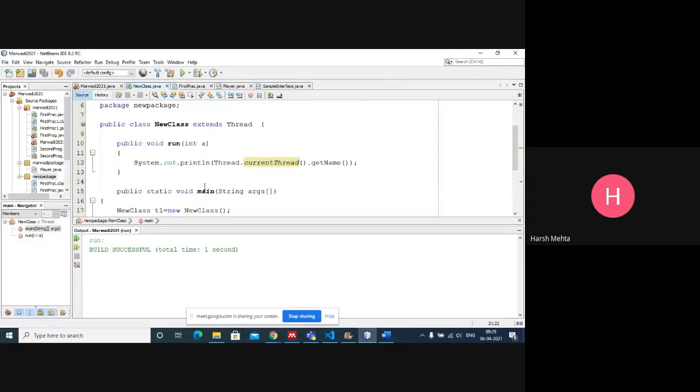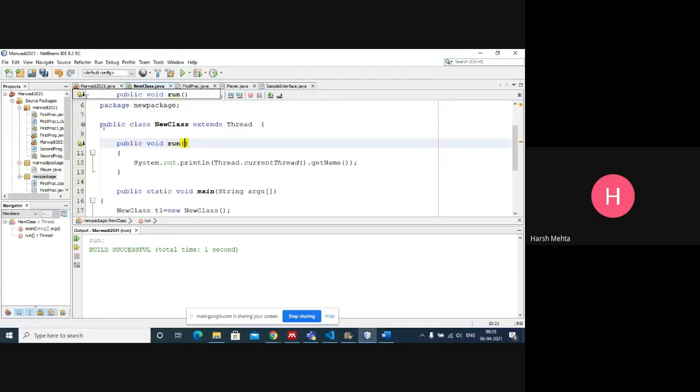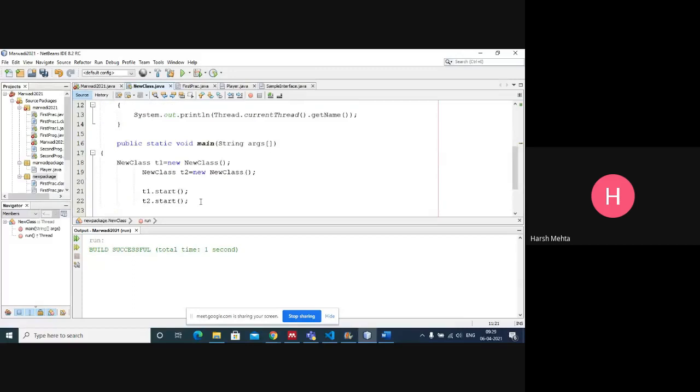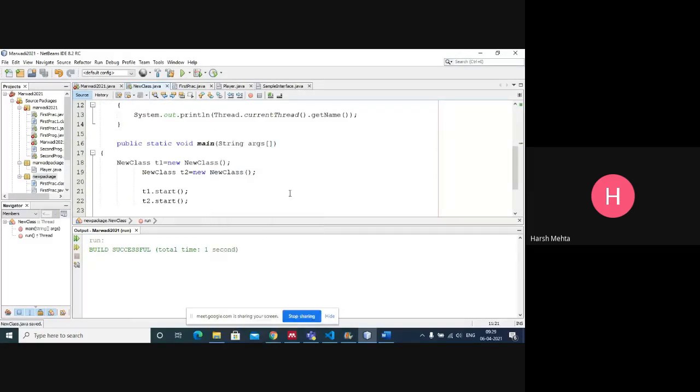Okay, integer A. Yes, you see. So current thread means whatever thread currently is running, it will return those kind of data. The thread which is running, it will return those kind of data.